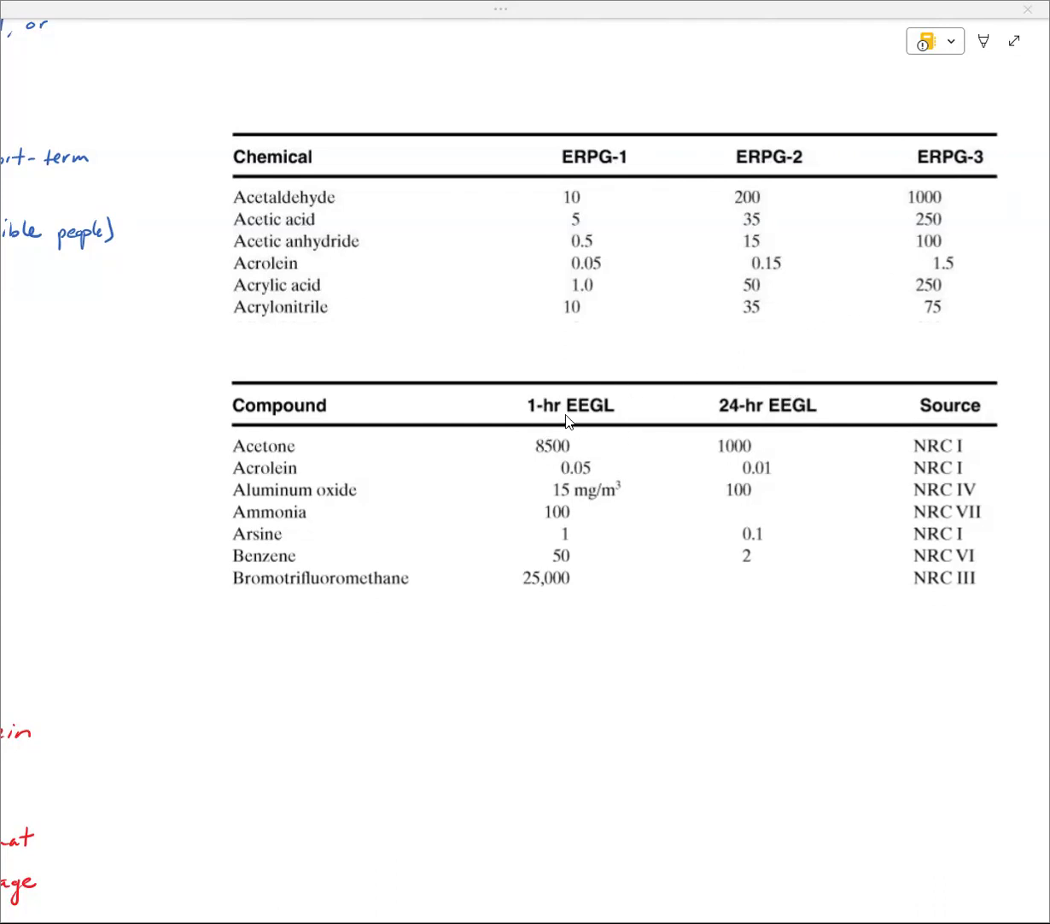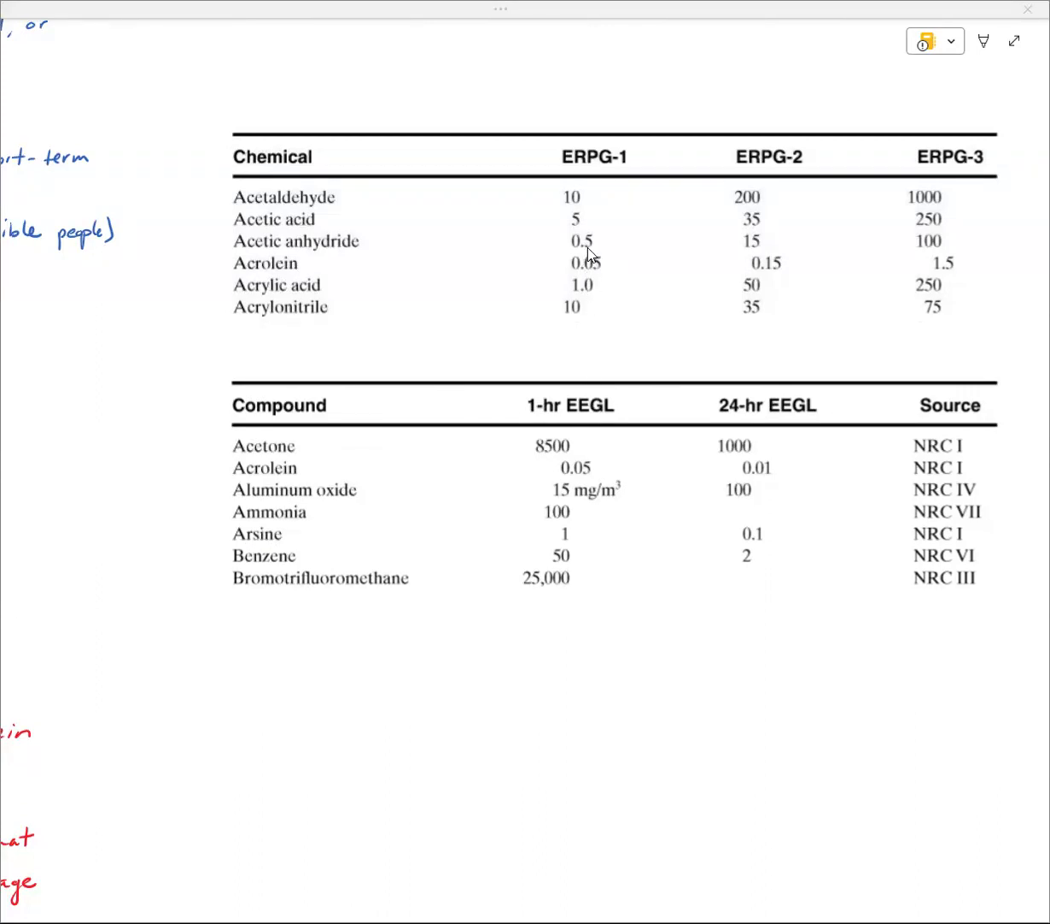This table is for EEGL, the Emergency Exposure Guidelines. Again, different levels for different times of exposure. 1 hour versus 24 hour are here. So hopefully we have one that overlaps. Here I see acrolein is in both tables. Obviously you see the toxicants are different in the different tables. So you might be forced into using one or the other based on where you have the data in example problems. But what we can see is ERPG-1 is